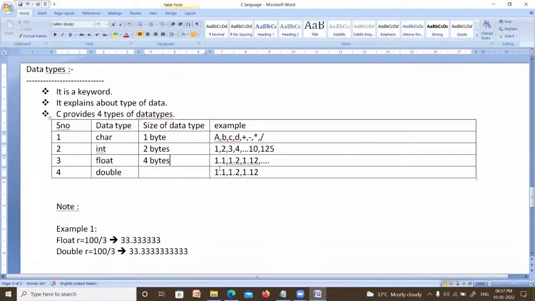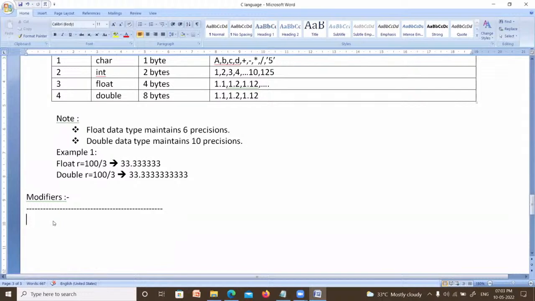Am I right? Yes. If I pour beyond 2 liters, then what happens? In a 2 liters water bottle, suppose I pour 3 liters milk, then what happens? Milk will be wasted, overflow and wasted. Right. Now in the same manner, what is the size of integer? Integer size is 2 bytes. In this 2 bytes memory, you can store